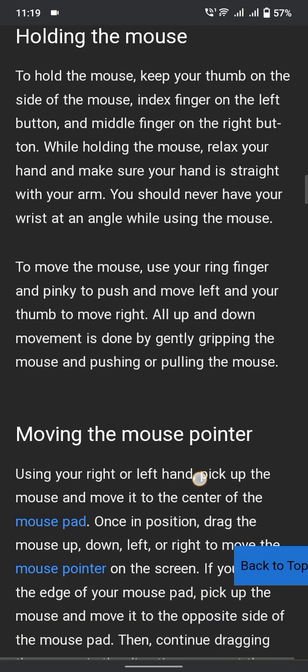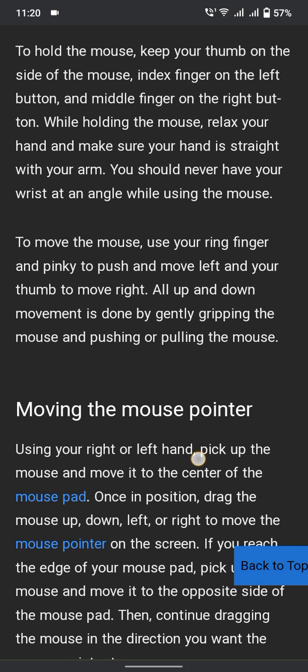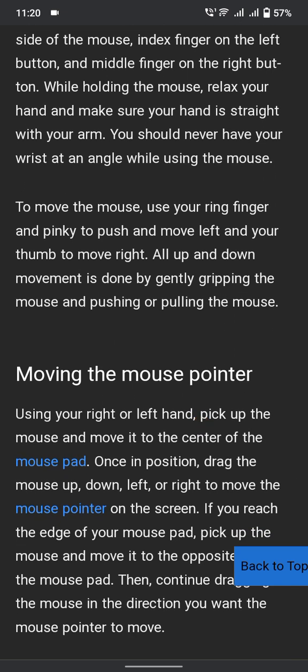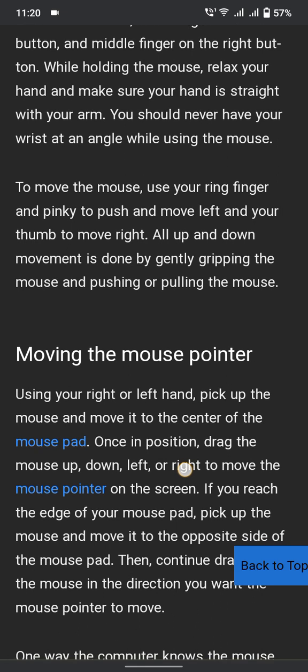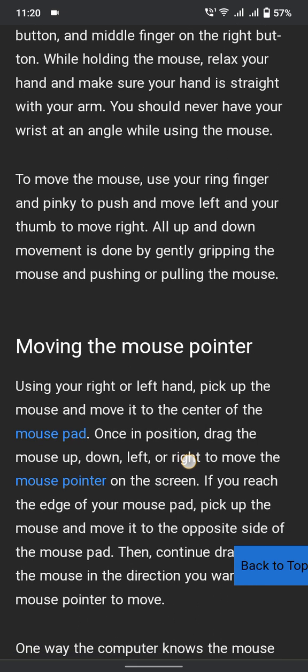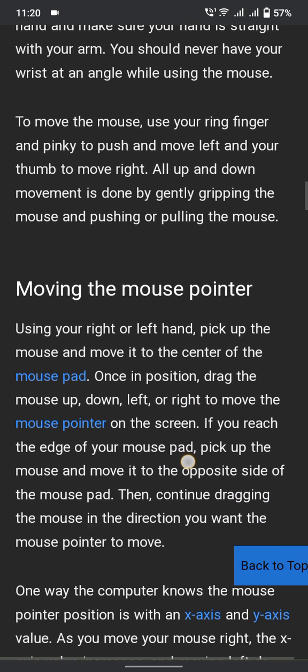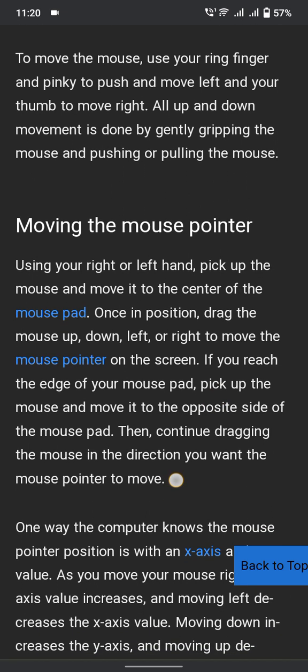To move the mouse, use your ring finger and pinky to push and move left and your thumb to move right. All up and down movement is done by gently gripping the mouse and pushing or pulling the mouse. Moving the mouse pointer. Using your right or left hand, pick